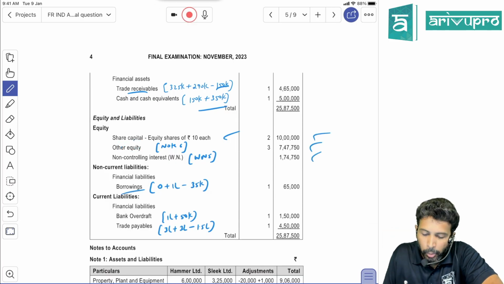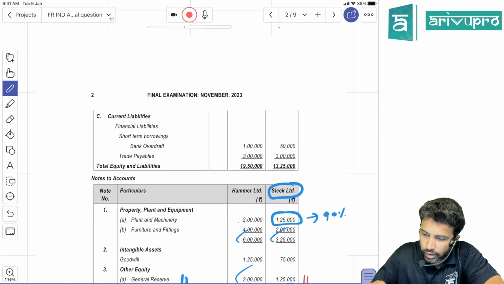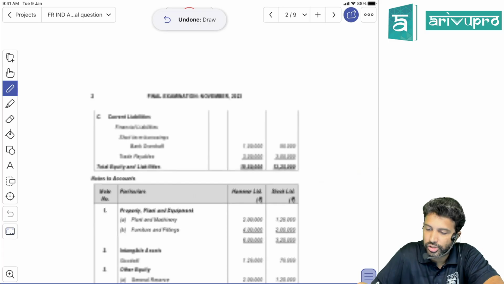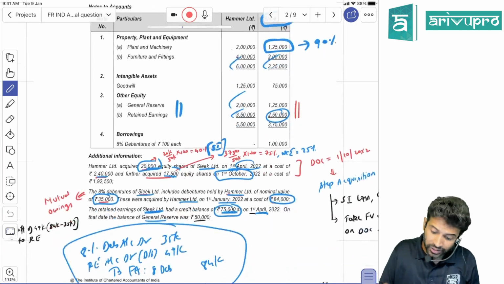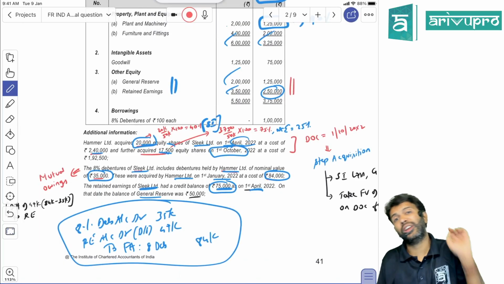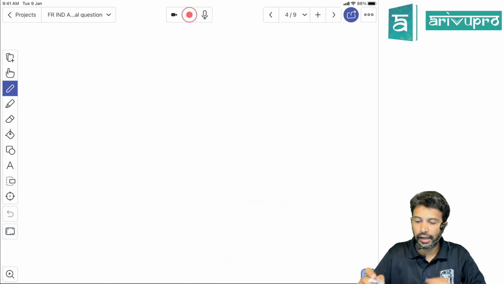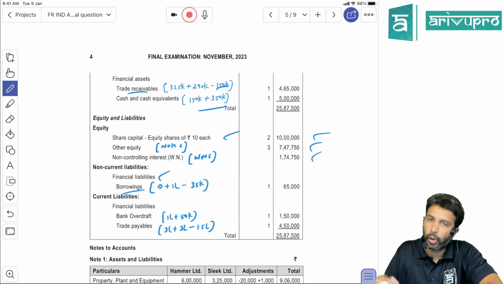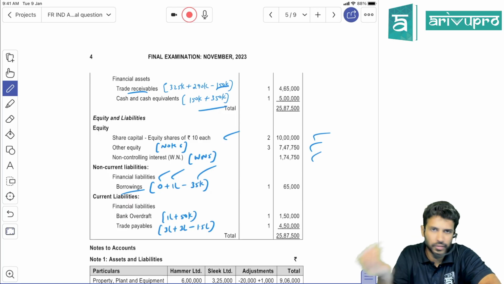So these are fine. Borrowings, we may need to be careful. Now, where are the borrowings for? For parent it is 0. For subsidiary it is 1 lakh. But these borrowings are nothing but your debentures. Now, if you check working note number 4, that is nothing but debentures. Parent purchased some of the debentures, so that is mutual owings. Total value of debentures for the subsidiary company is 1 lakh. In that, how much face value of the debenture has the parent purchased? 35,000. So 35,000 is mutual. You need to reduce that. From 1 lakh, if you check the balance sheet, 0 is the parent's borrowings, and the subsidiary's borrowings is 1 lakh, minus 35,000 of debentures subscribed by the parent, which is mutual owings eliminated.